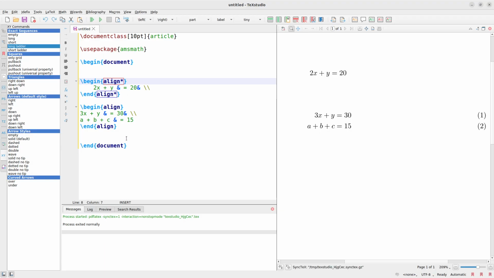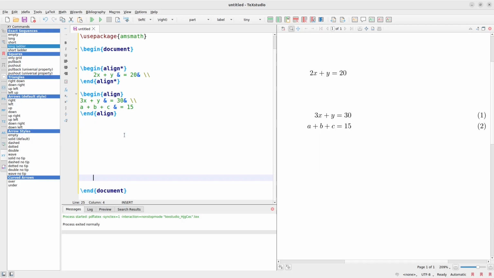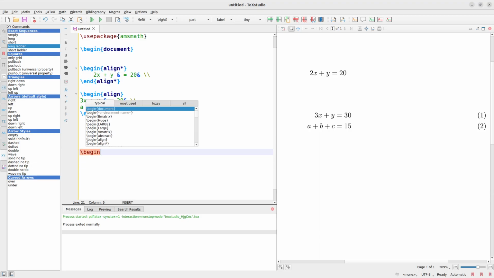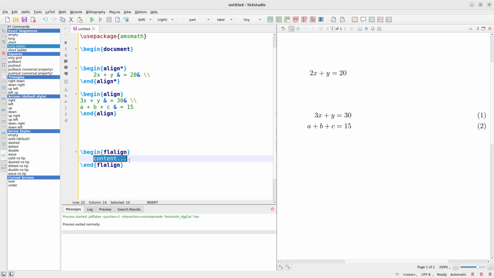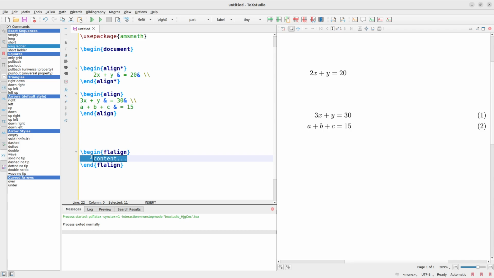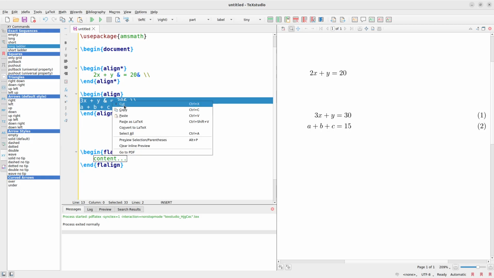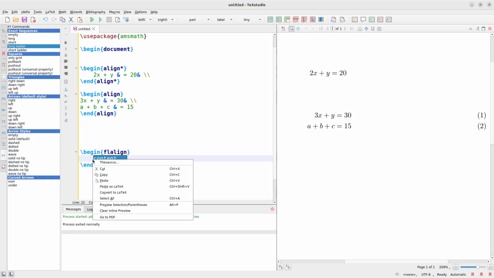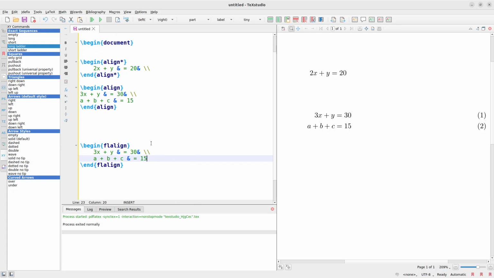we also practice. I think I'll just do it here. So instead of align, what we do is to say \begin{flalign} \end{flalign}, then we put in. So I'm just going to copy this. The content in it will be the same because we want the same format. So that one remains the same. Good. So this one, for example, will be left aligned. So if you run it,